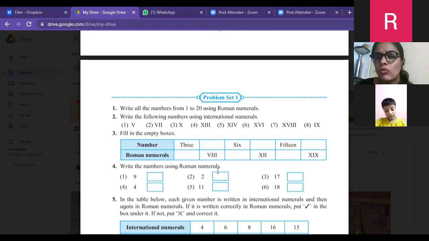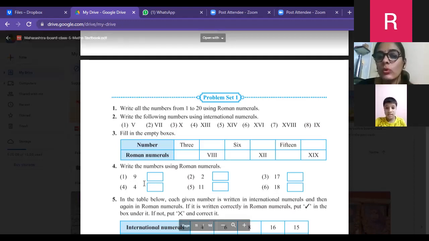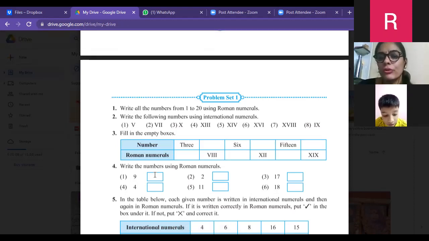What will you do here? बोलो आप क्या करोगे यहाँ पे? Here we have to write Roman numerals, right? Yes, teacher. Same as above, how you have solved how to write the Roman numerals. Now here 9 कैसे लिखोगे? Directly you have to do. Here you don't have to add. If you know very well, you can directly write it over here.